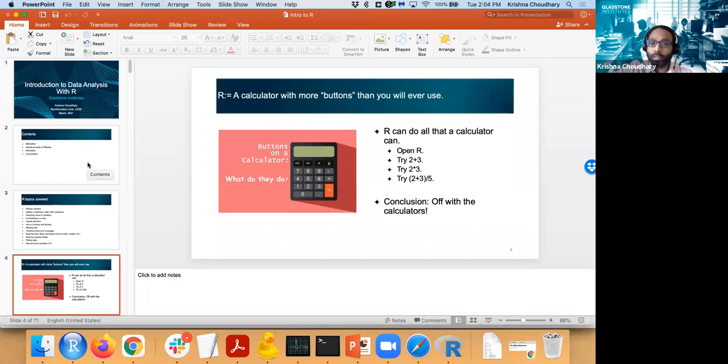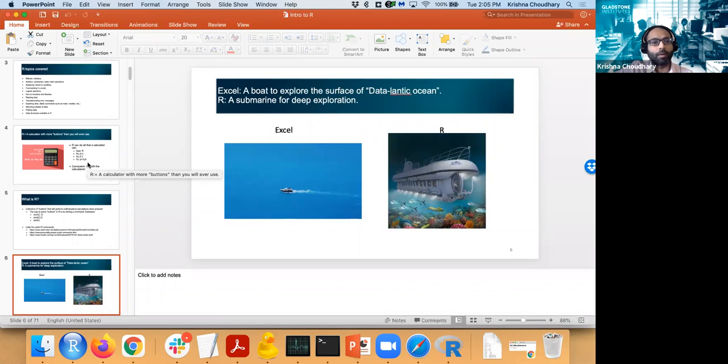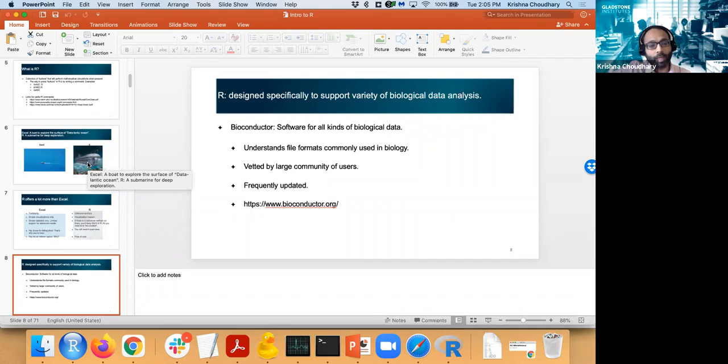Once again, just to remind you, in my mind, at least, R is a smart version of calculators. And if you have not been using R already, it is only because you have not been familiar with the interface of how to use R. But there are a lot of possibilities with R, a lot more than whatever you can do with calculator and Excel. And hopefully, yesterday I could convince you that it is not only a smart version of calculators, and it is also worth your time to invest to try to understand how to use this smart calculator,